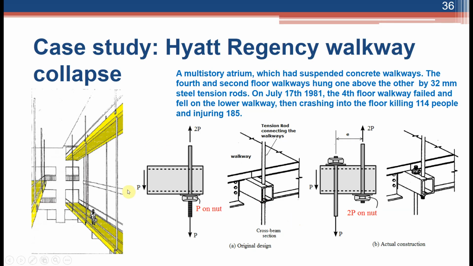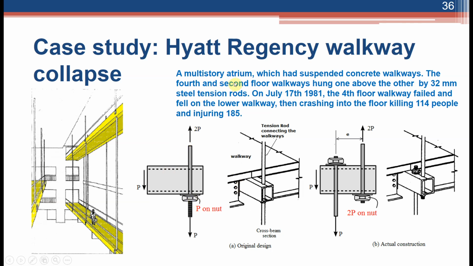So this is nothing but a case study of the Hyatt Regency walkway collapse. From the figure it will be clear to you, this is actually a walkway. If you want to travel from one building to another building, or from one end of the road to another end of the road, these walkways are necessary. Now in this walkway, they have considered these vertical rods like this. So these rods are carrying force 2P and P downward, and there is a vertical tension acting on the rod.